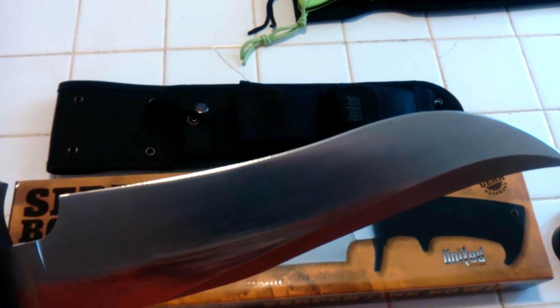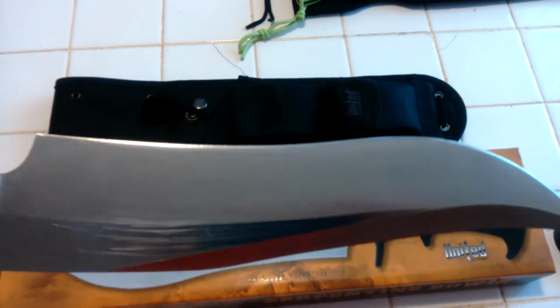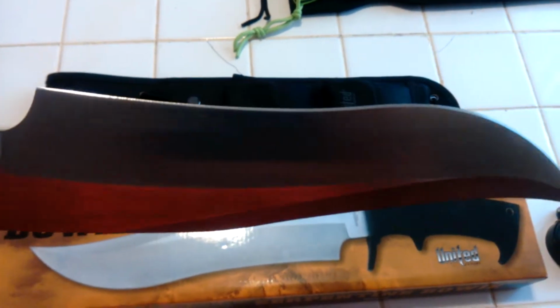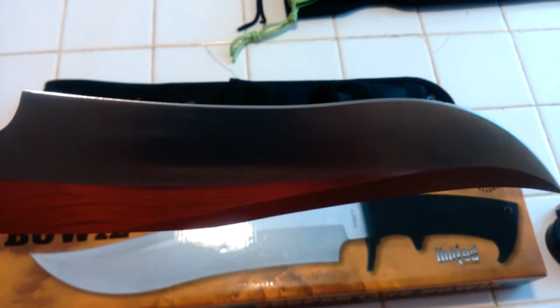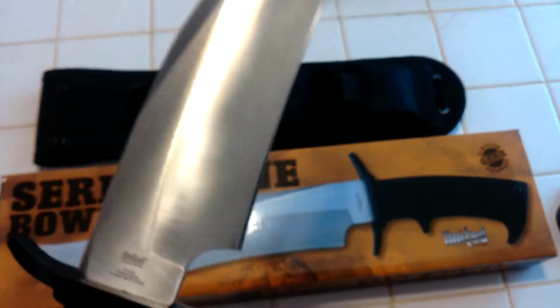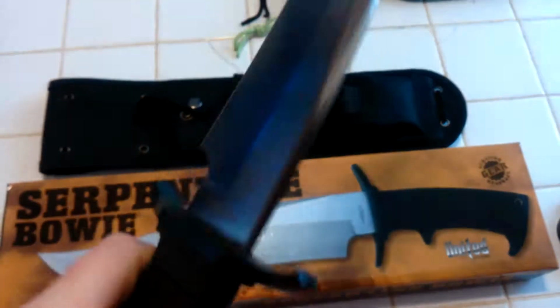Some of the trade-off when you go with a stainless over top of something like a 1095 high carbon is you get a little less edge retention, but you don't have to worry about the rusting. And you can definitely go with an uncoated blade on the stainless. So, looking here, if I can pick this up,